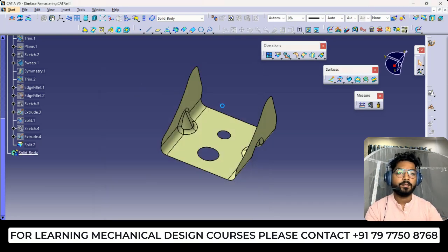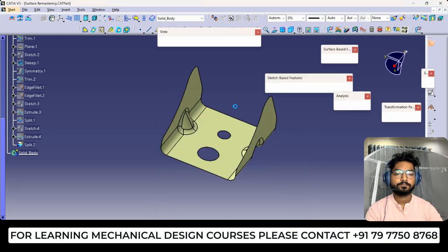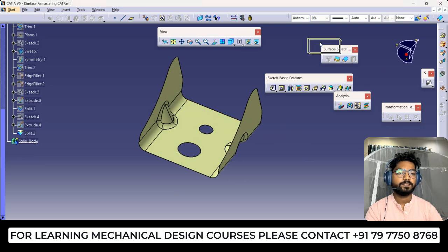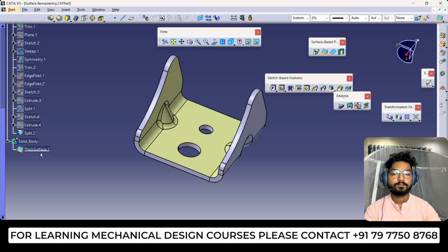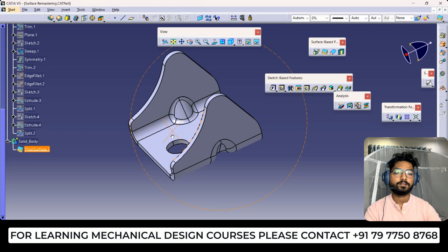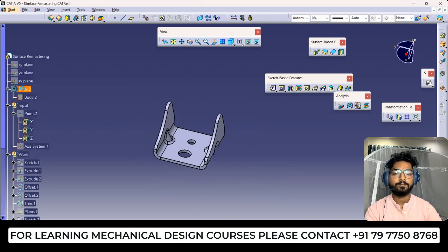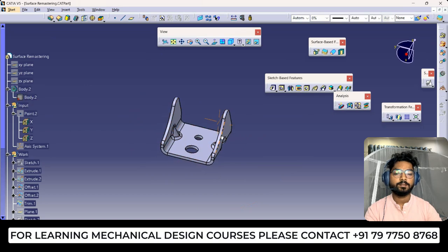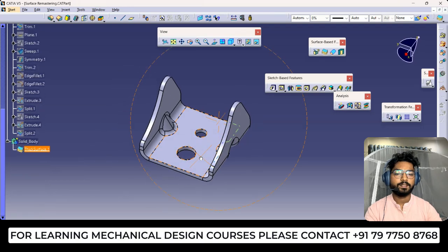And now we'll shift to part design, and in the surface based features we'll use the thickness command. Select this outward direction 1.6, and now hide the surfacing work. So this is exactly your part, both are 100% matching, and this is our parametric model, means editable model,